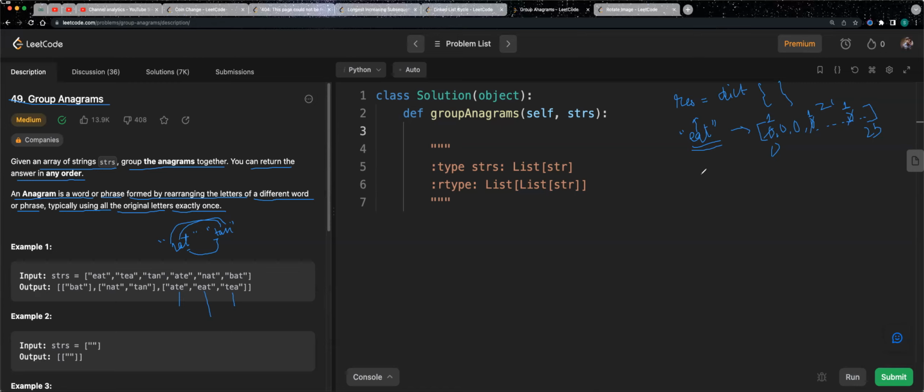And for any other anagram of EAT, let's say ATE, we'll have a similar sequence because the number of letters in this string remains the same and the same elements are used. So the sequence would be the same. So we'll use this tuple as the key,